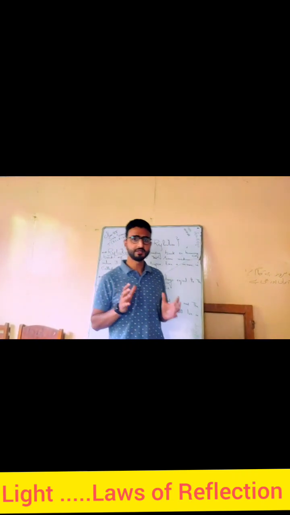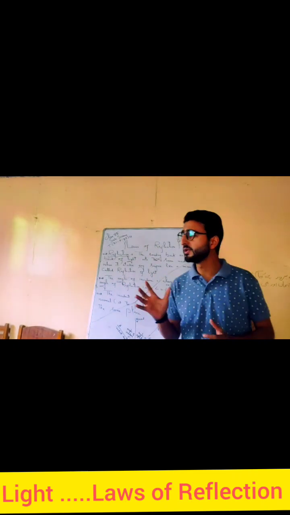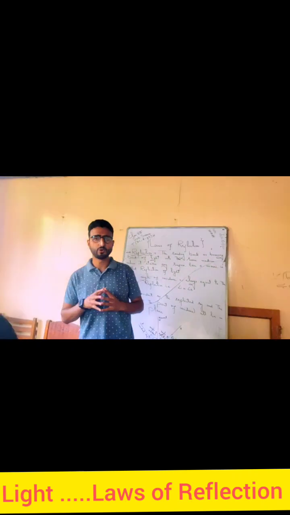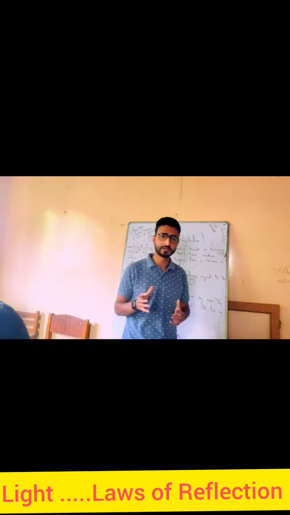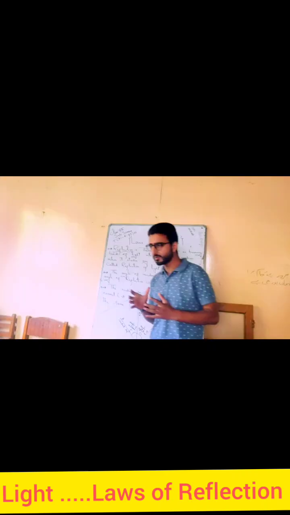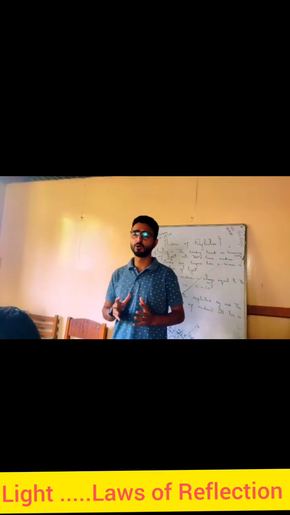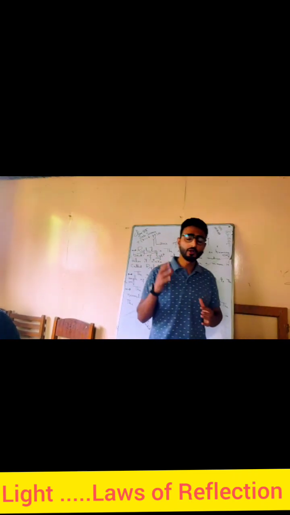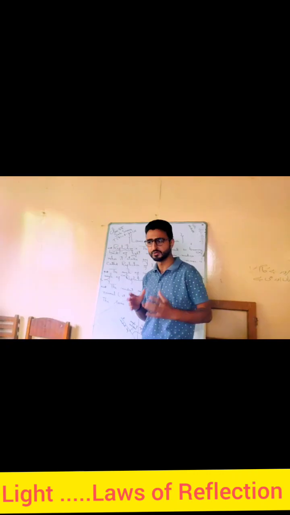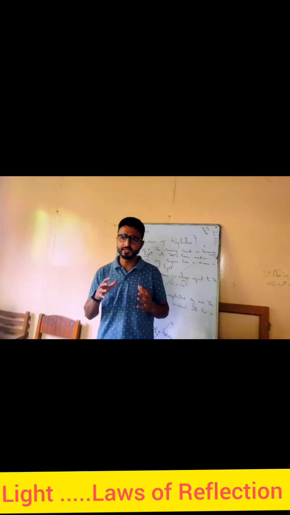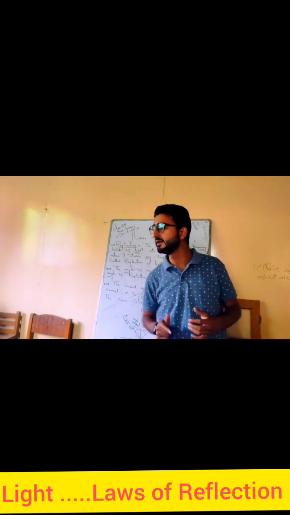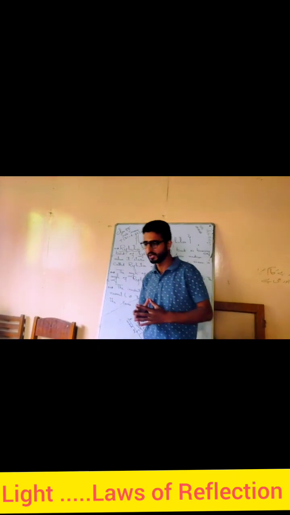After this we discussed two sources of light, luminous sources and non-luminous sources. Those sources which emit their own light are called the luminous sources. For example, we have sun, stars, bulb, candle. And the sources of light which do not emit their own light are called the non-luminous sources, like this table, wood, chair, book. We can see these non-luminous sources because they reflect the light emitted by the luminous sources of light.